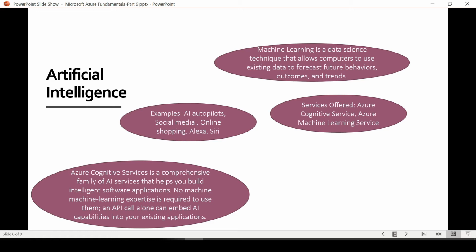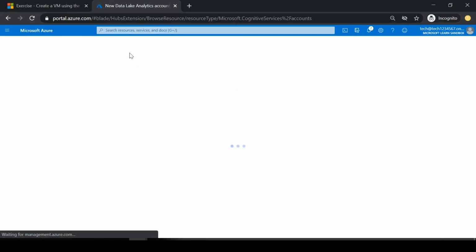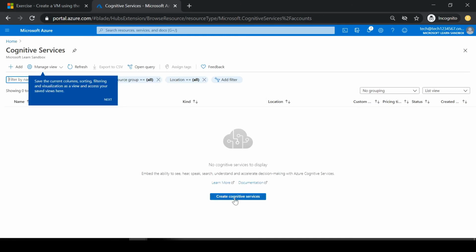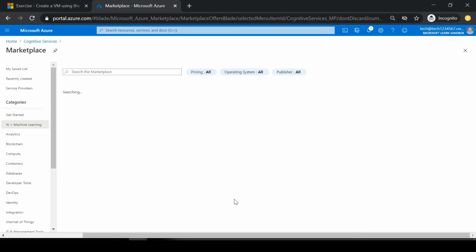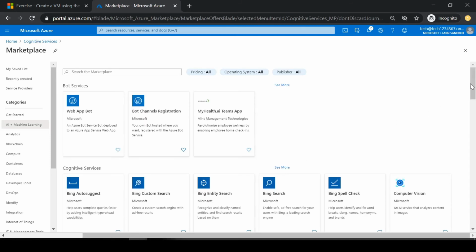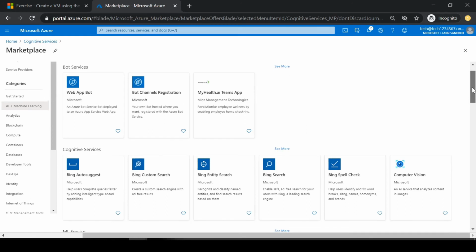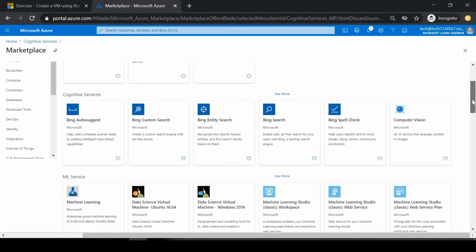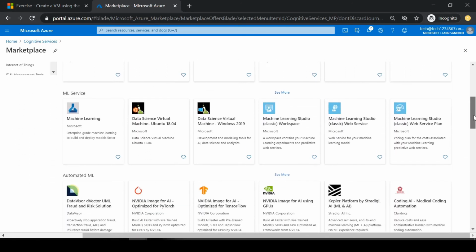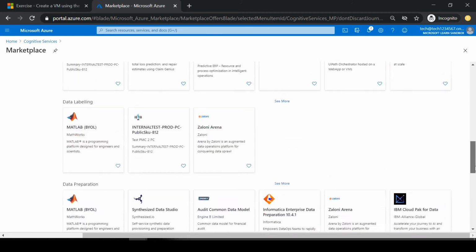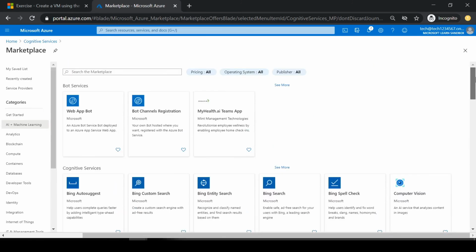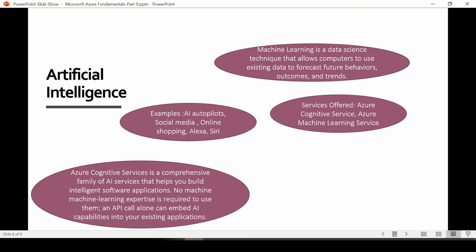Let's see in the portal. So this is cognitive services. Create cognitive services. In the marketplace, we have multiple APIs. You can use any one of them since it's a family of services. See, web app bot channels registration, my health teams app, Bing auto suggest. There are lots of cognitive services. You can use any one of them based on your requirement. The second one is